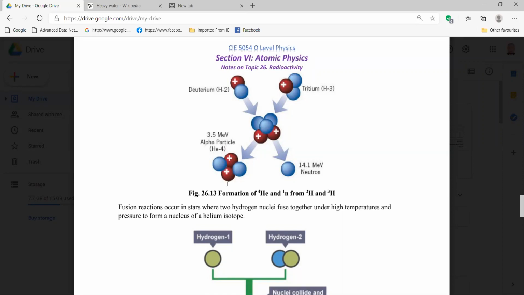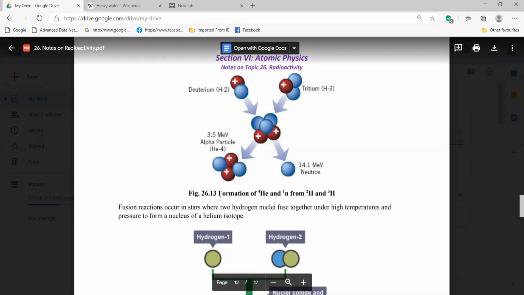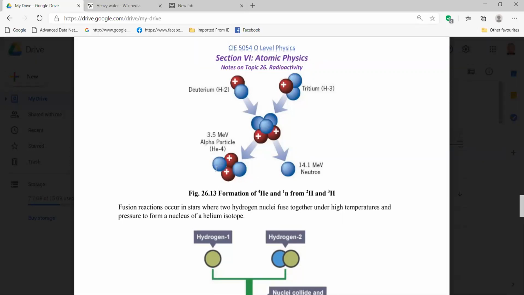Sir, is that a helium nucleus or a helium atom? This one is actually a helium atom. The nucleus is working like an alpha particle, but we are actually getting the formation of helium here. Is it clear? Those two electrons, they will stay here, and we are actually getting a helium atom over here, and one extra neutron over there,